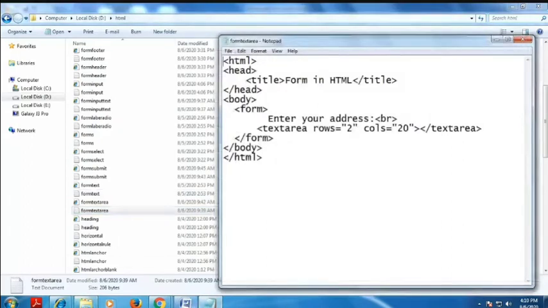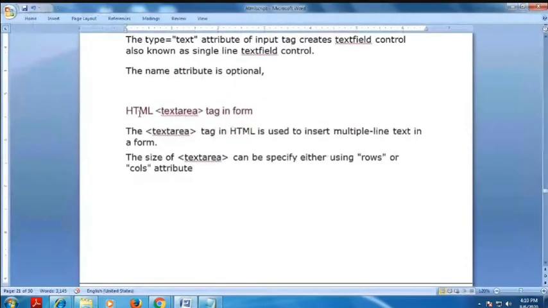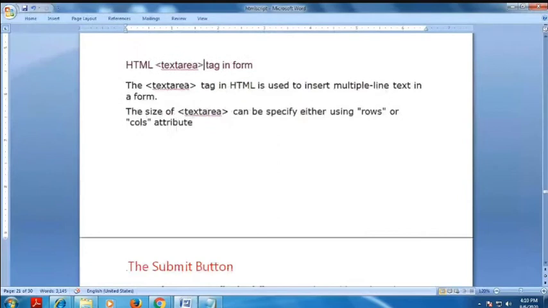Next I will go for text area. The HTML text area tag is used to insert multiple line text. You have to specify the text area content using rows and columns.